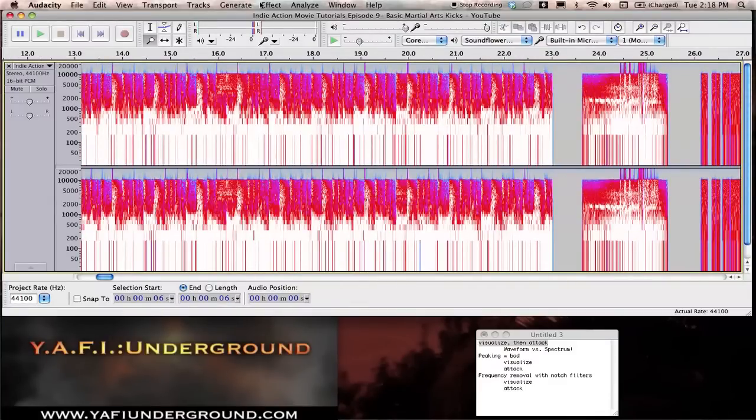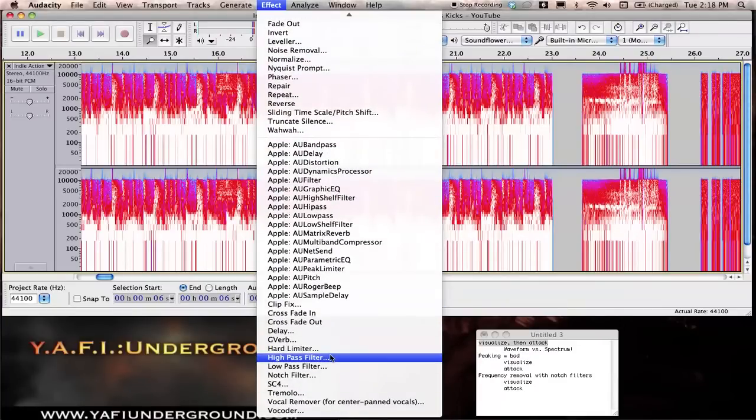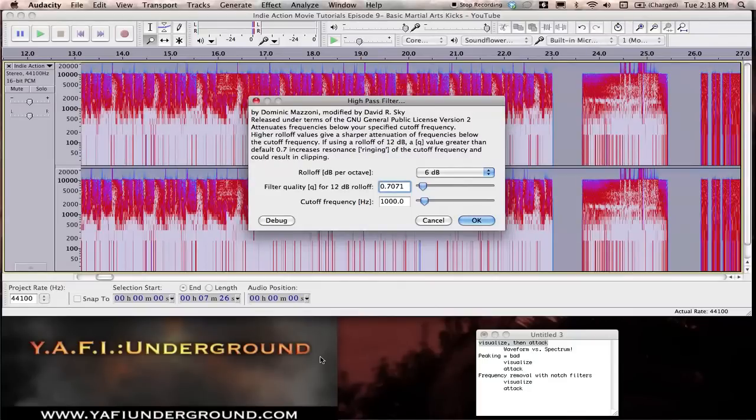What we're going to do is use something called a pass or, alright, here we go, a high pass filter. This allows higher frequencies through. So where do we want it to cut off? We want it to cut off at, we're looking at